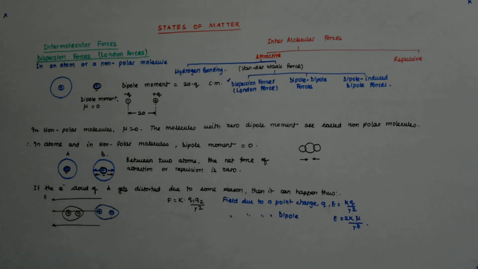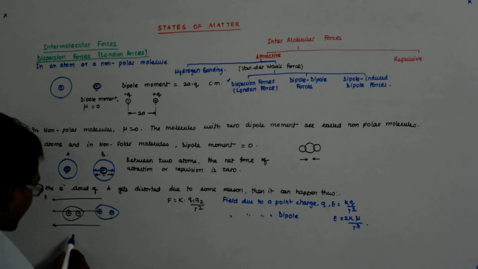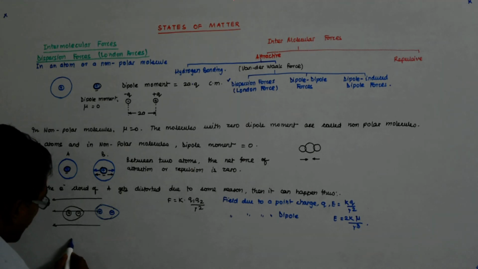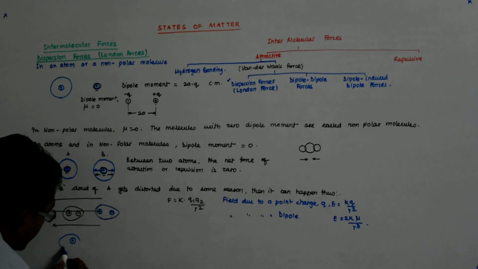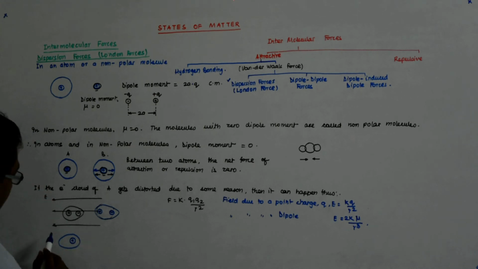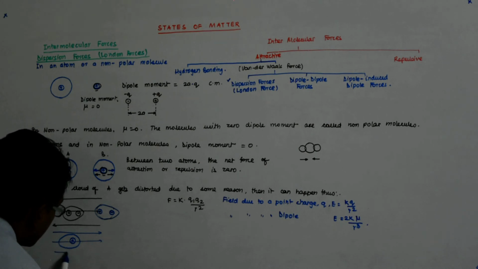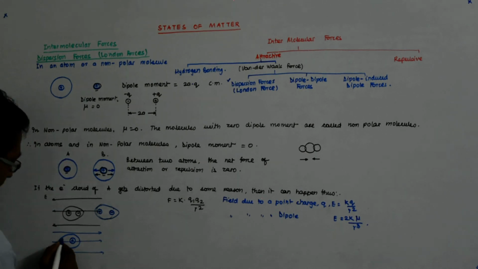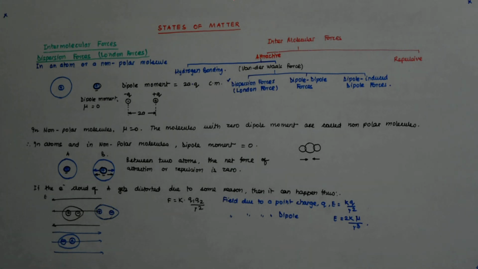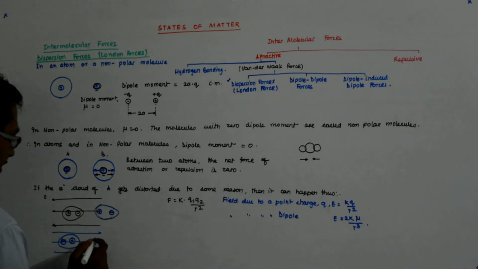So you understand, there will be an interaction. Also, if it got distorted like this, so instead of this, it somehow became this. And this will happen when you encounter an electric field like that. That also you will study. So this becomes negative, and due to this,